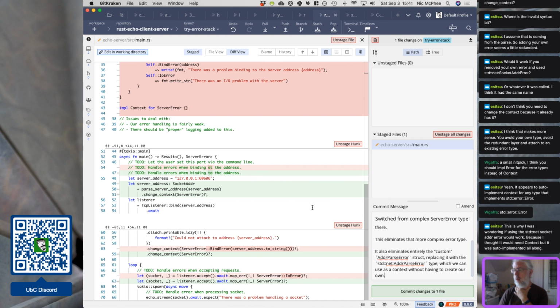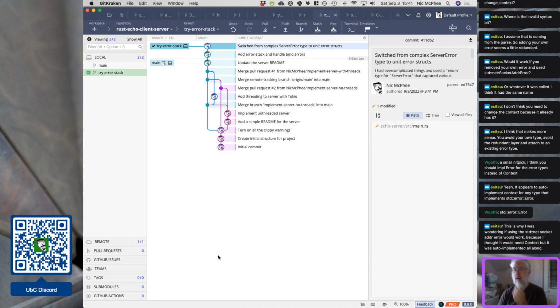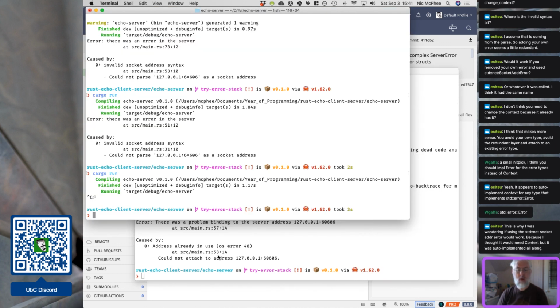And that was just a spelling mistake. Oh, and I guess I also extracted the server address parsing logic into its own function. Which is sort of a lot to say, but whatever. Okay, so I'm going to commit that, and now